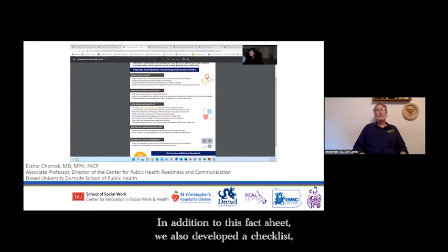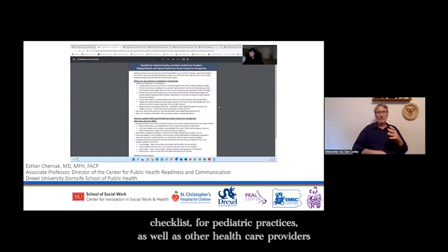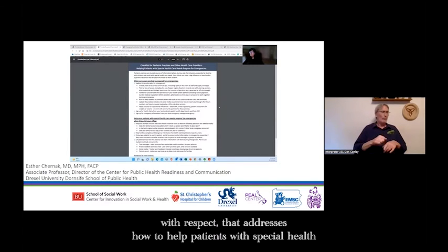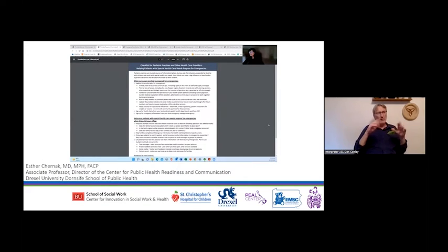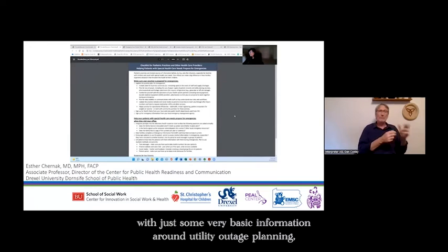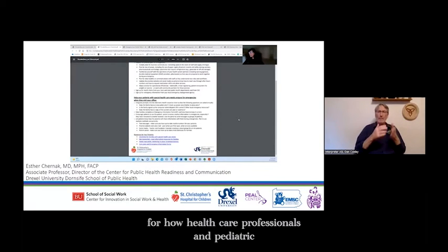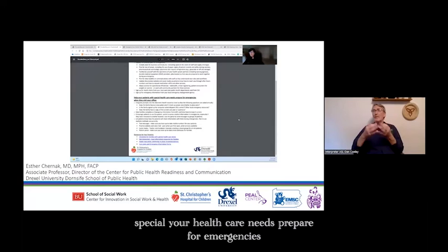In addition to this fact sheet, we also developed a one-page checklist for pediatric practices, as well as other healthcare providers, that addresses how to help patients with special healthcare needs prepare for emergencies. And this checklist includes things like making sure your practice or organization is prepared for emergencies with just some very basic information around utility outage planning, continuity of operations plans, communication, but also gives some pointers for how healthcare professionals and pediatric practices and other organizations can help their families with special healthcare needs prepare for emergencies when they visit